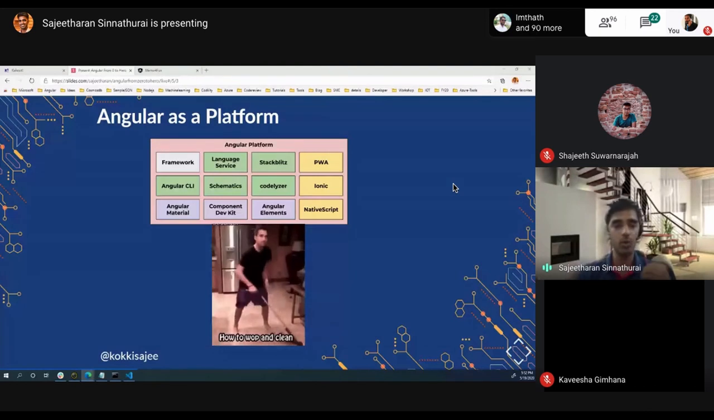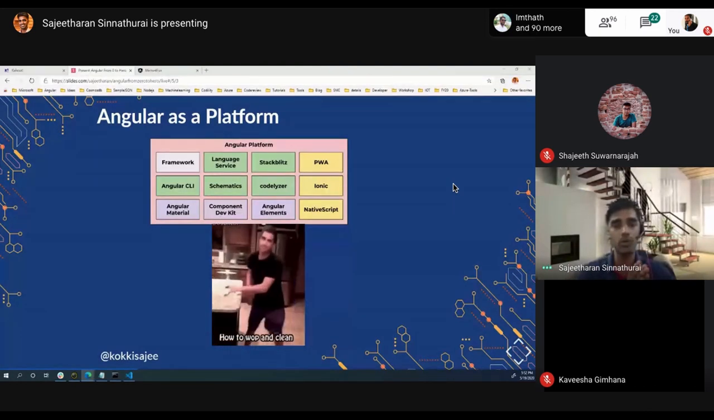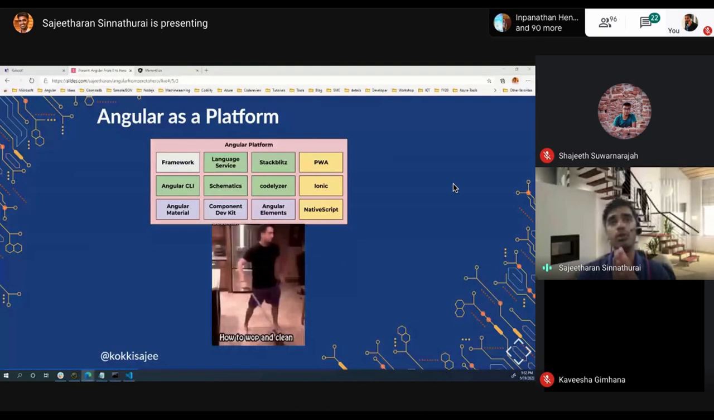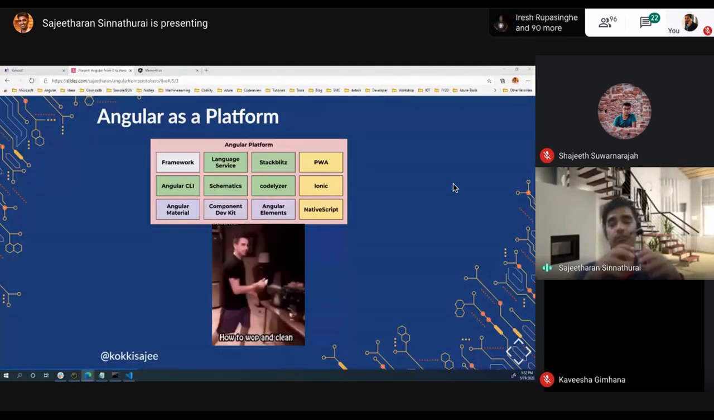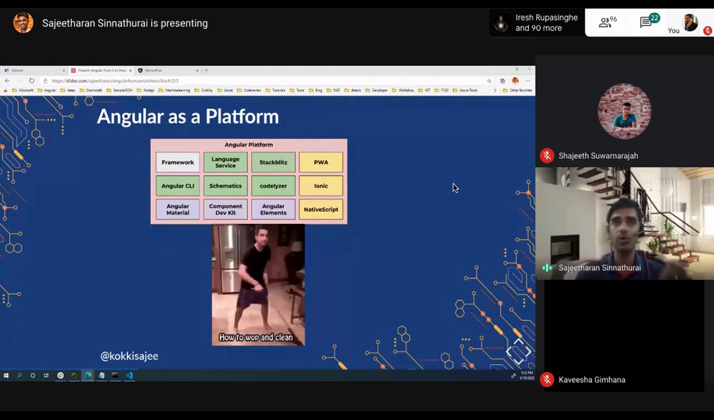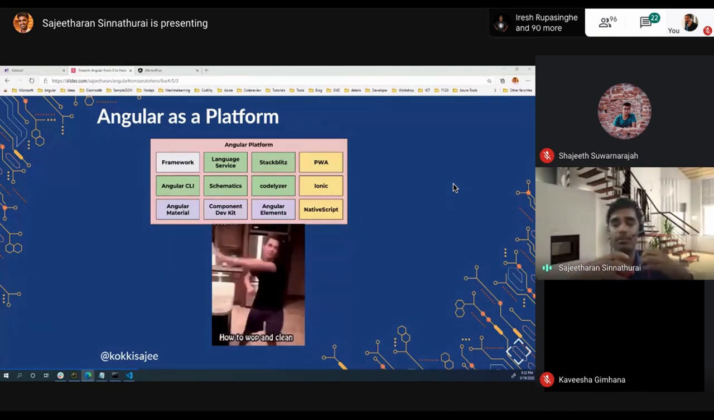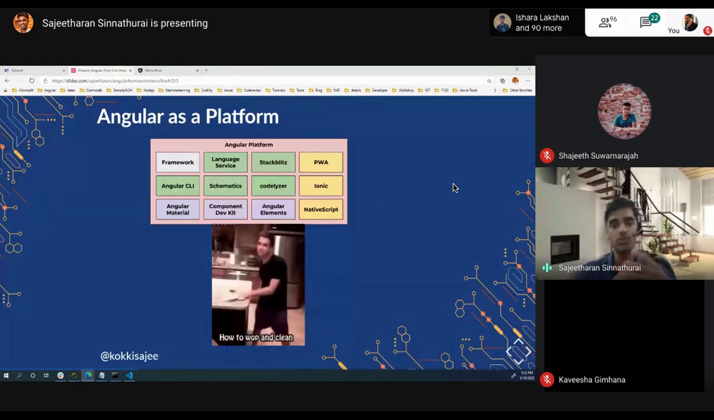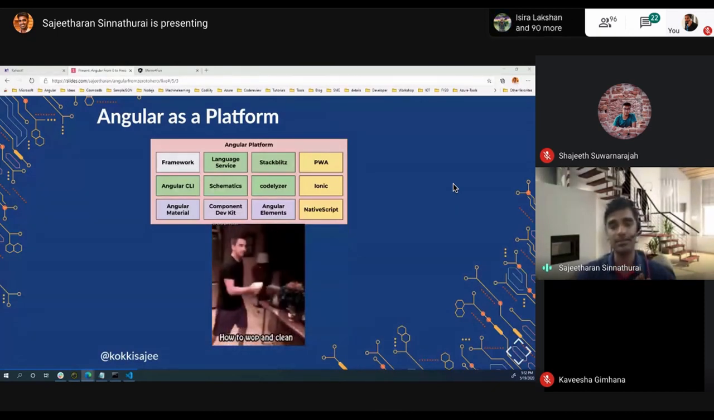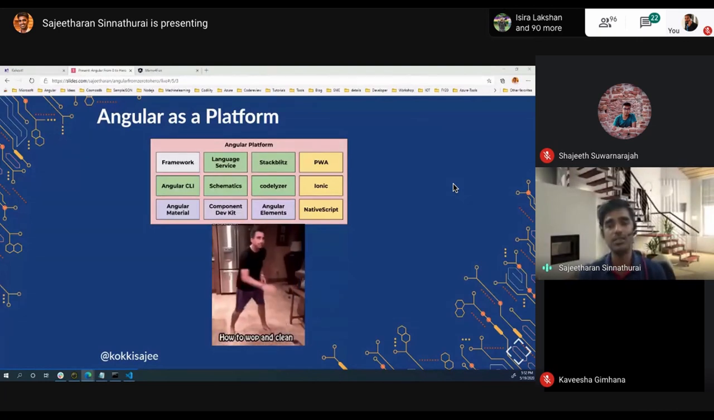If you want to do code checks, you can use something called the code linter, which comes with the integration with Angular. And if you want to do some styling, you can go for Angular Material, which provides a way to style your components. If you're a mobile developer who wants to start building hybrid applications, then you can use Ionic,